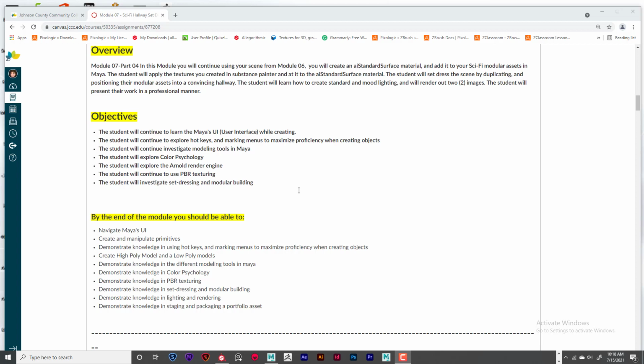So Module 7, Part 4. In this module you continue using your scene from Module 6. That was when you were UV mapping and texturing, so you got all that stuff done, saved your results, exported everything out, and took your screenshots in Substance Painter. So with this, you're going to bring it back into Maya,